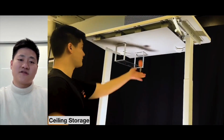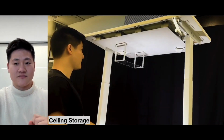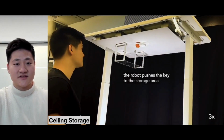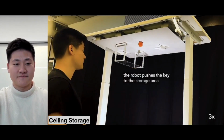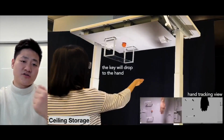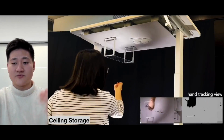In the ceiling storage application, a user is throwing a ball that has a key attached to it. Once the items are stuck to the ceiling, the robots will push and store the items in the storage area. A user can also retrieve the item by placing their hand under the ceiling, and the robots will drop the